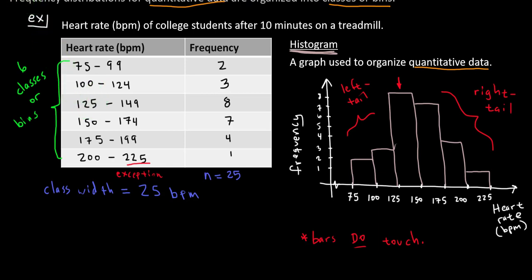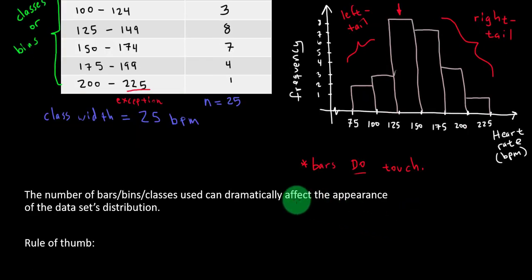What we will see, especially in lab, is that it's a lot easier with computer software to create graphs really, really quick. What we are going to see is that the number of bars or bins or classes, whatever you want to call those, the number that you choose to use will dramatically affect the way that this data appears,